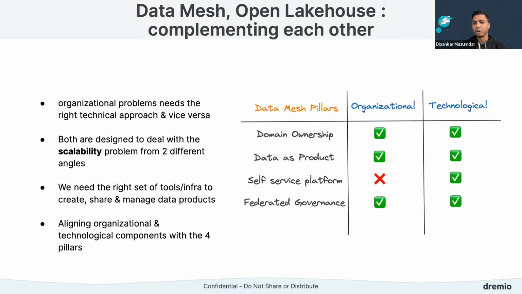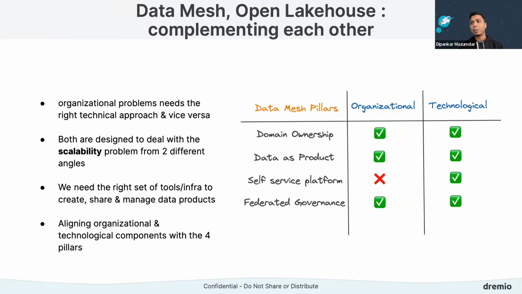Because you need an architecture to support that kind of mechanism, or you need an architecture to support building that thing. Similarly, data as a product, right? The data product mindset is very important. It's very important to have that mindset, to treat something as a product, so that we can bring in all the specifications and all the standards that we set in terms of releasing a product. But if we don't have the right set of tools for developing the data products, then we will have a really hard time to be successful. So it's both the technological aspect and the organizational aspect that play well here.